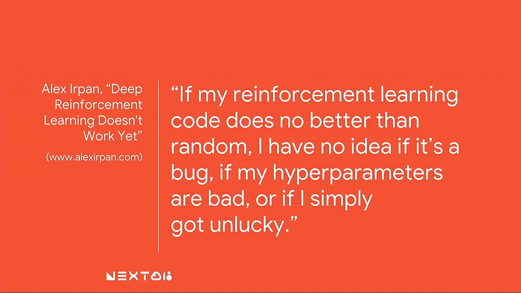I love this quote here from Alex Irpan. Reinforcement learning is really hard. He has this quote: if it turns out random, I have no idea if it's something I did or if I just got unlucky, right? We have some of these algorithms in the state of the art in machine learning right now that maybe a correctly working version with a different random seed will not converge on a solution. And that's kind of astonishing, that here's a successful result that's been published that only works 30% of the time.